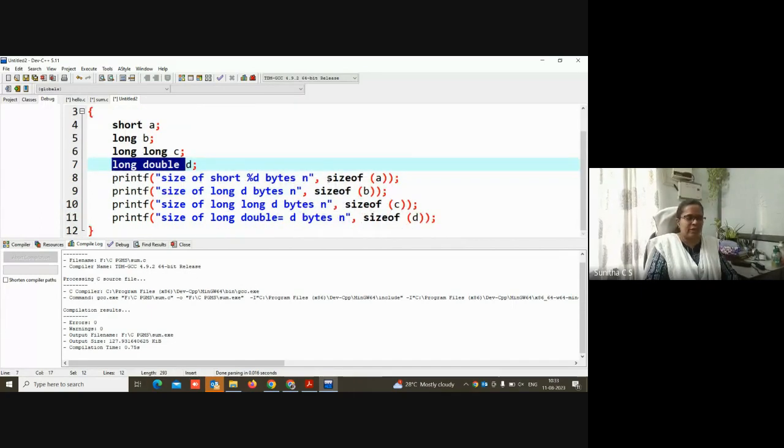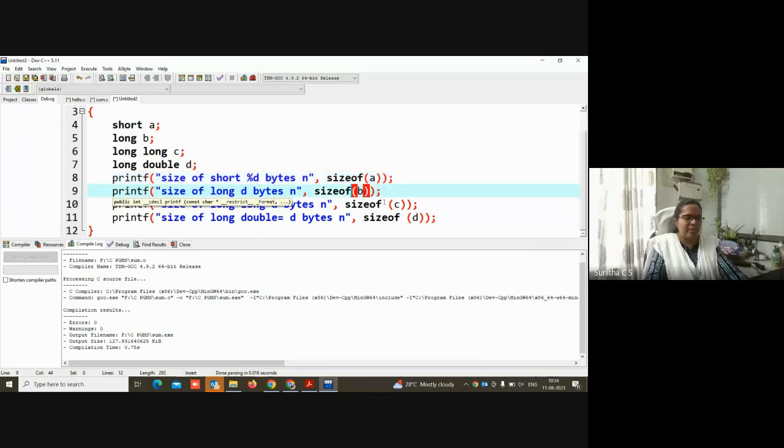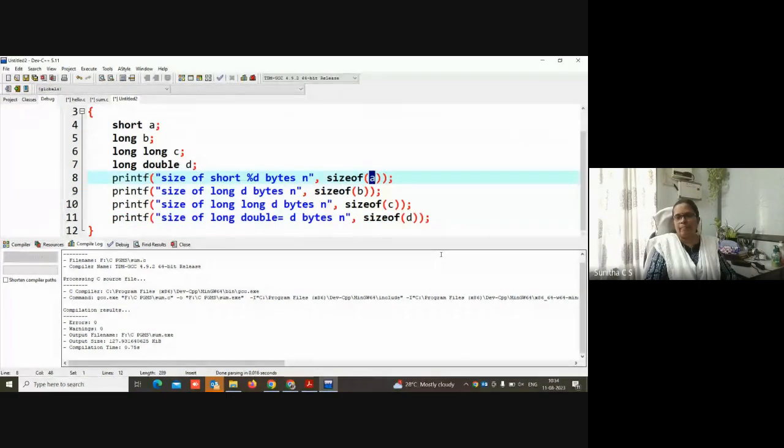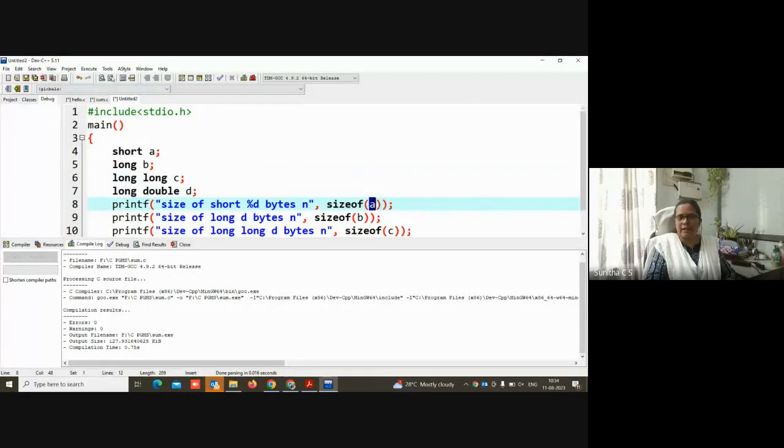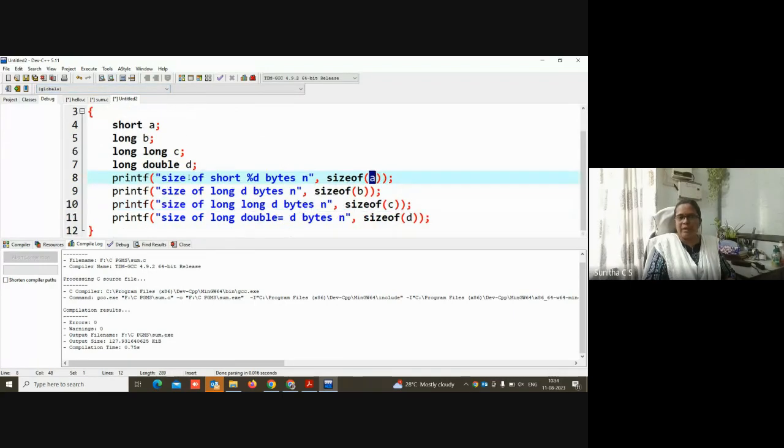There is a function which is in stdio.h itself, known as sizeof. This sizeof function basically gives you how much memory is allocated for the argument which is coming inside. How much memory is allocated to B, to C, to A or D. The sizeof operator and printf are there in the same file.